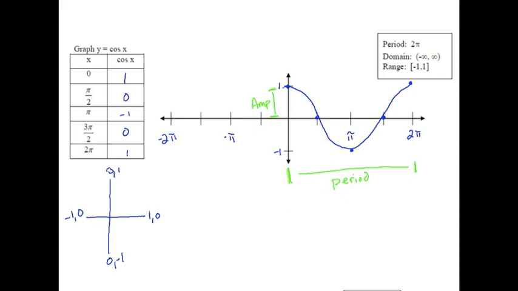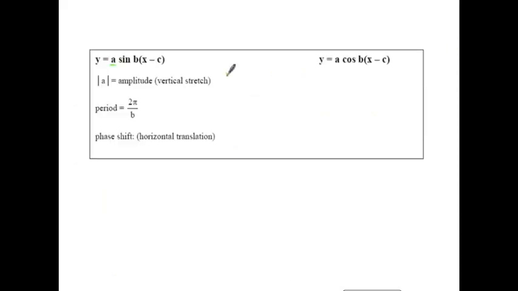So if I was to go back to the box on the bottom of that page, you can see the sines over here and the cosines over here. There's nothing written under it because everything is treated the exact same way. The A is still the stretch, the period is still figured out by 2 pi over b, and the phase shift is still that C value. This should be a C in front here, by the way. That is your C value, the horizontal shift, the horizontal translation. Since we're only doing section 4 or 5 right now, we're going to skip over the tangent one